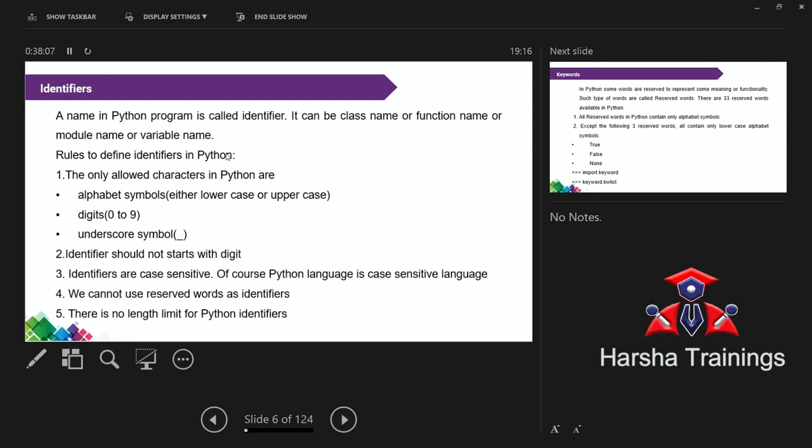Exactly. Case sensitive in the sense uppercase letters are different from lowercase letters. Capital A. How can you differentiate uppercase letters from lowercase letters? No, I know that one, caps and small. That is not the thing. From the system's point of view, how does the system know? Exactly. Each and every character has some ASCII value. ASCII, remember the full form, American Standard Code. The name specifies standard code. What do you mean by standard code?